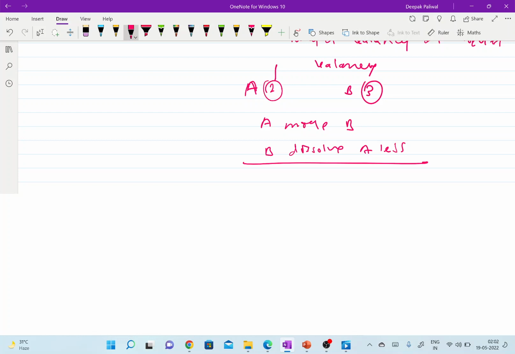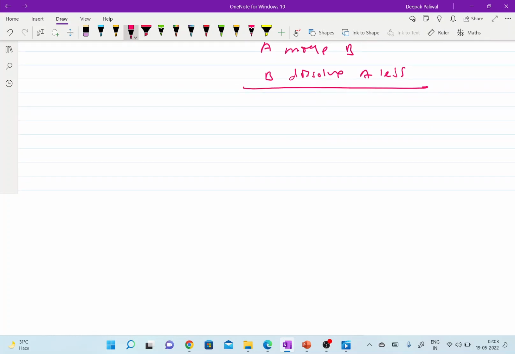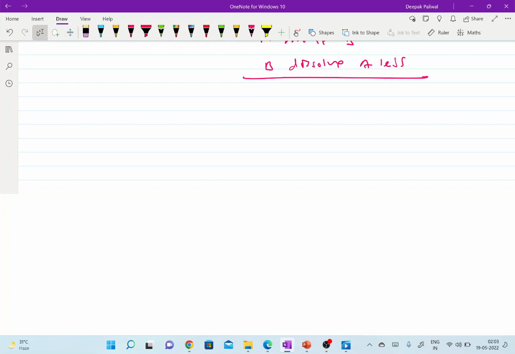These rules are not mandatory, but they are important to form extensive solid solubility, or higher solid solubility. Okay, so before going to the actual discussion of dislocation, we need to understand some terminology, like first is